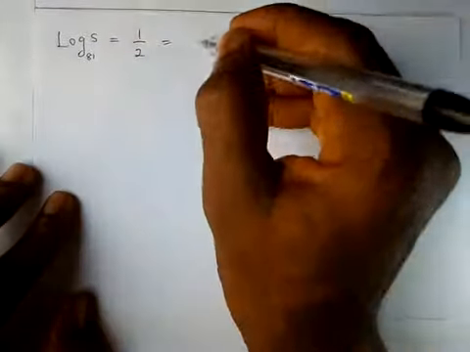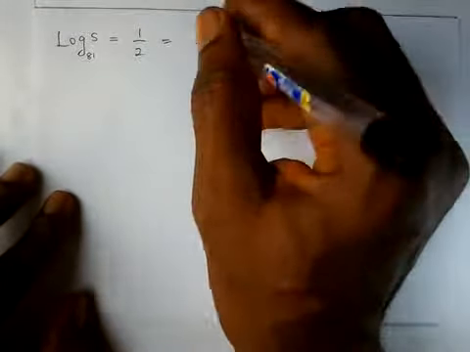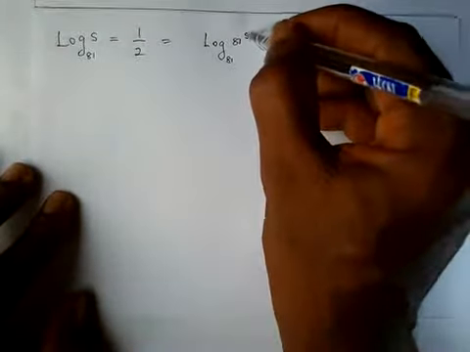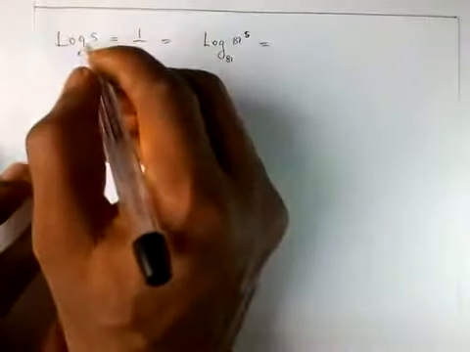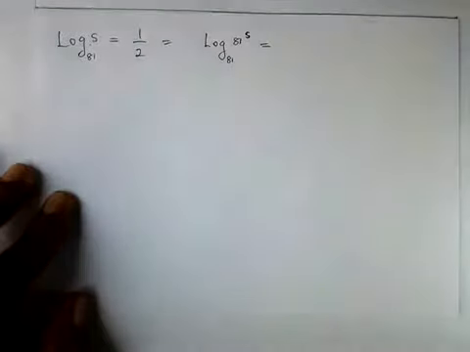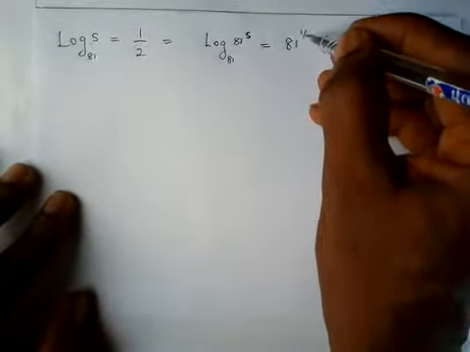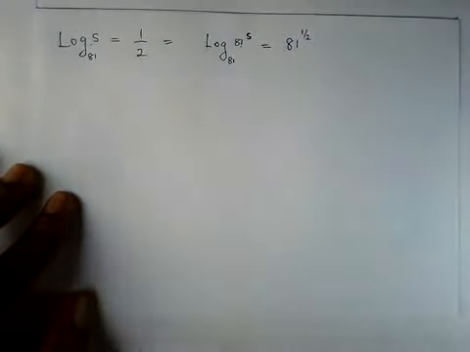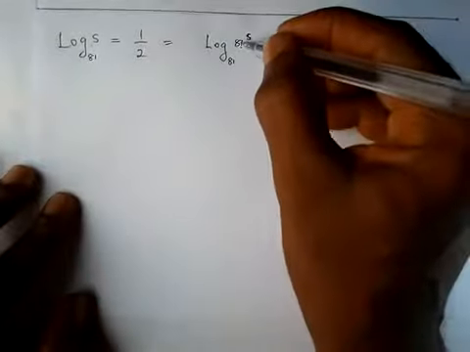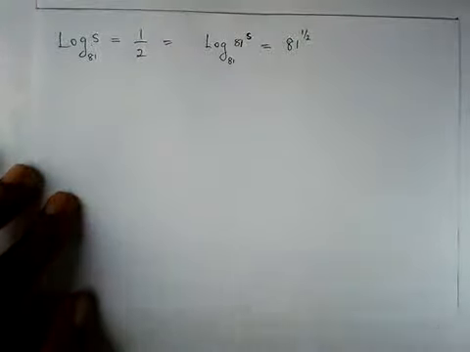So this is going to give me log 81 to base 81 raised to power s. Okay, I just introduced 81 here. Since you introduce 81 here, you also have to introduce it here to make it consistent. So it will be 81 raised to power 1 over 2. I just introduced 81 here and 81 here to make it the same, consistent. It's now consistent in mathematics. What you do to the left hand side, you should also do to the right hand side, and you have